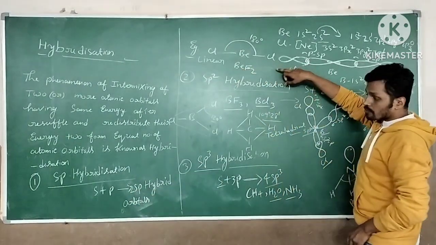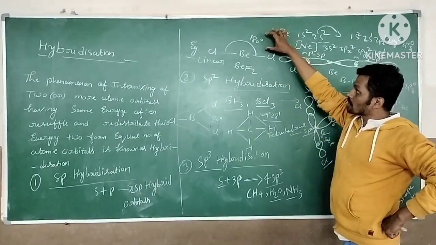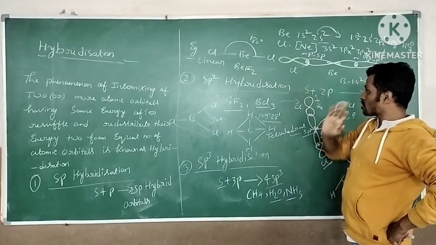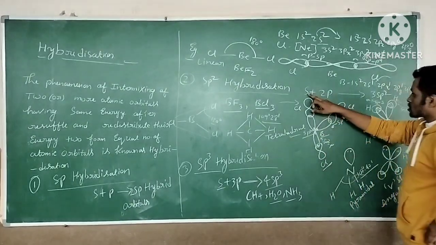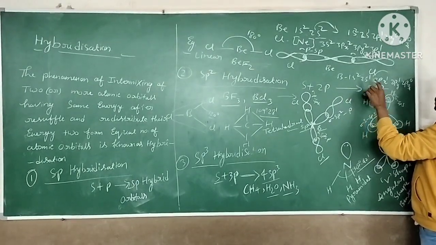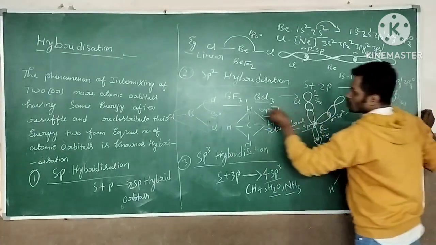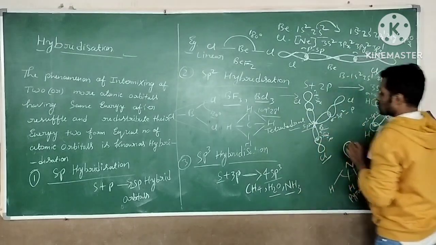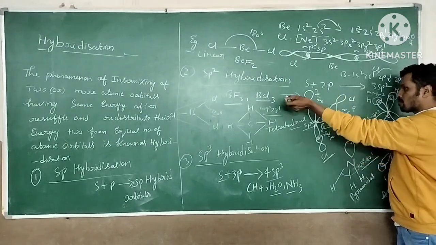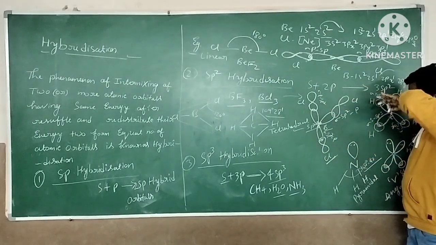What are the examples of sp hybridization? BeCl2 and BeF2 come under it. Taking the example, what is the shape of BeCl2? It is linear, the bond angle is 180 degrees. Next, sp2 hybridization: 1 s orbital and 2 p orbitals, after intermixing and redistributing their energies, form 3 sp2 hybrid orbitals. Examples are BF3 and BCl3. I only explain BF3; for BCl3, instead of fluorine you write chlorine. It belongs to the same group, with the same structure, same overlapping and same bonds.